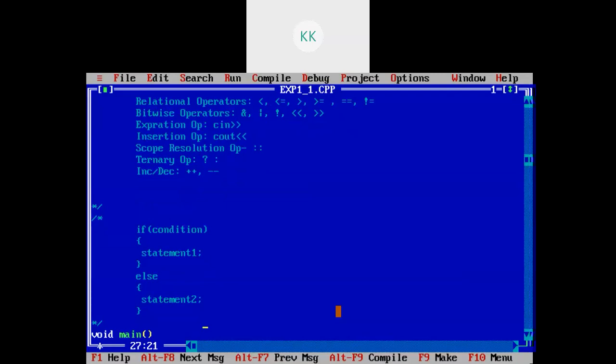In this structure, if the condition is true, then statement 1 will get executed. If the condition is false, then statement 2 will get executed. Right. So this is the general syntax of the if else statement.